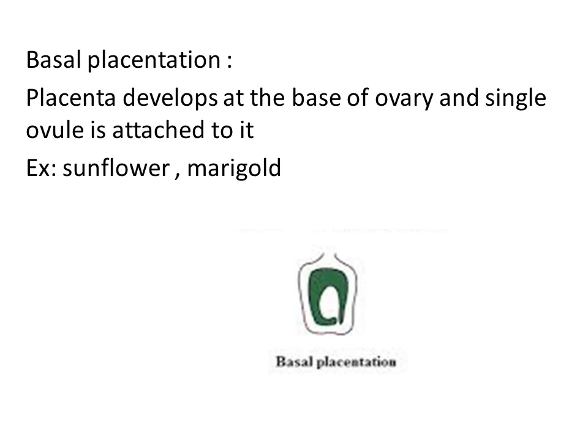And the fourth one is free central placentation. In free central placentation, the placenta position is the center and the ovary does not consist of locules. And the last one is basal placentation. In this case, the placenta position is the base of the ovary and only a single ovule is attached. Clear? So this is about placentation. Thank you.